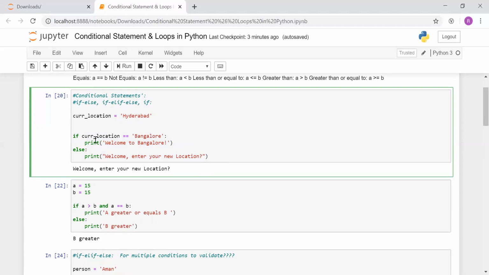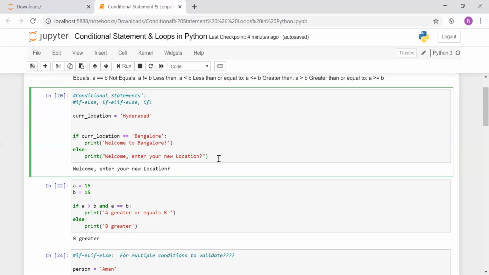Once again I will reiterate: suppose you have written the if keyword and any condition. If it comes out to be true, then only it will execute the statements beneath it. Or else, if you have written an else block with the if statement, then the else block will be executed, or it will just come out of this if else block. Okay, so this was my first example.